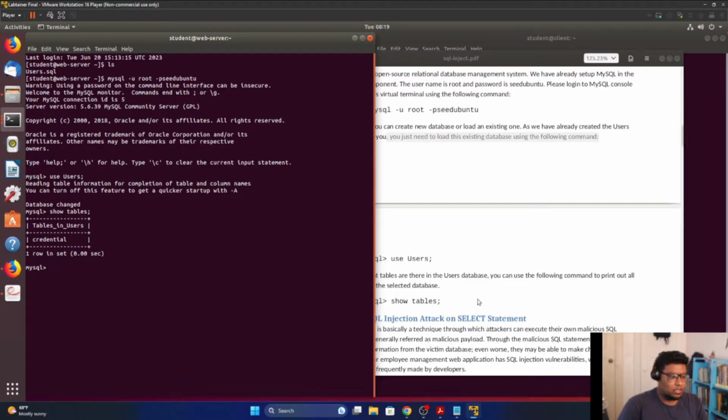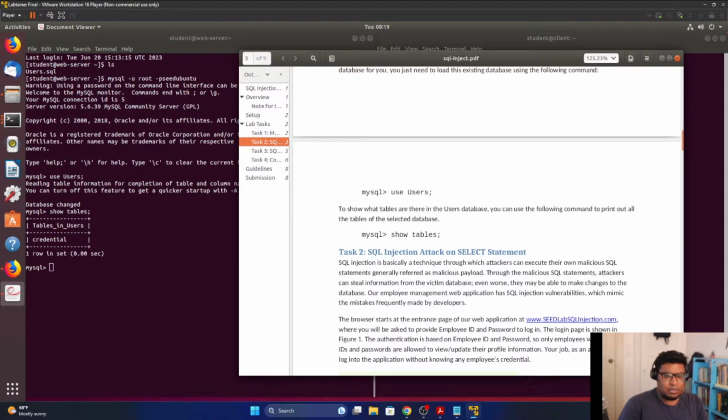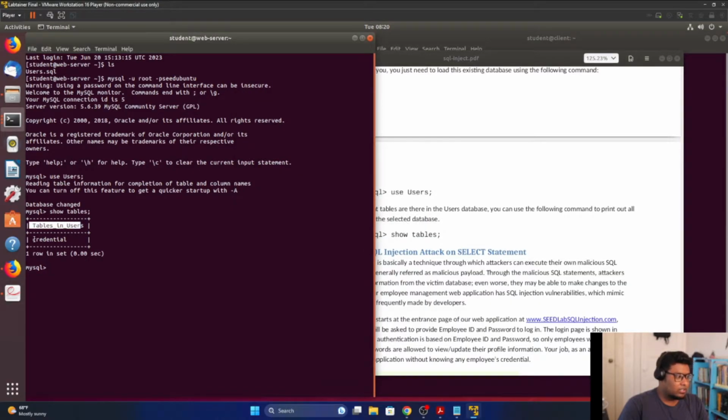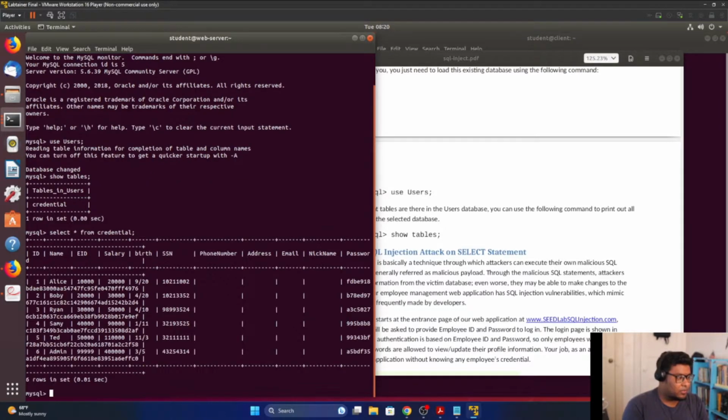One more thing, not in this lab I guess, but it's better to know if you see the actual things in the database. So this prints out all the tables in the selected database, right? So those are the two things, tables in the user and the credential. If you actually want to see this one, you can simply say select star from credential, then semicolon. If you press it, you see all the things in here: the name, even employee ID, salary,